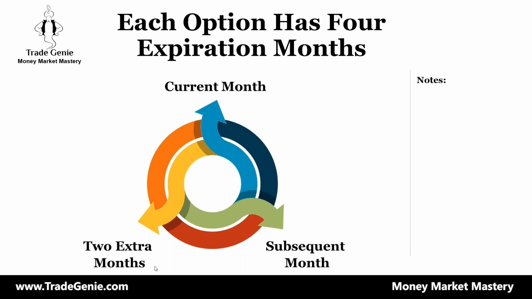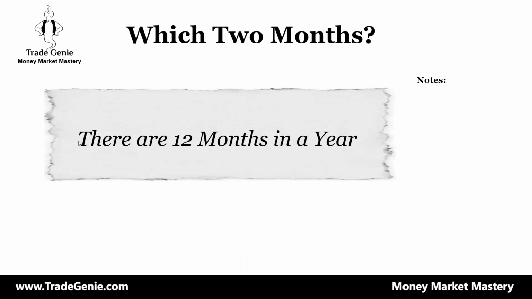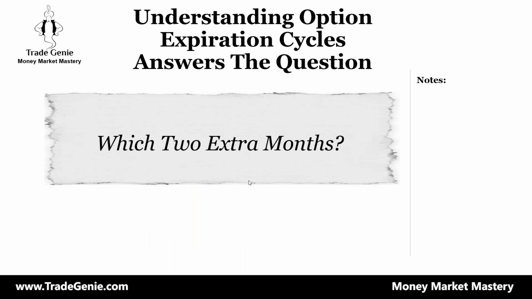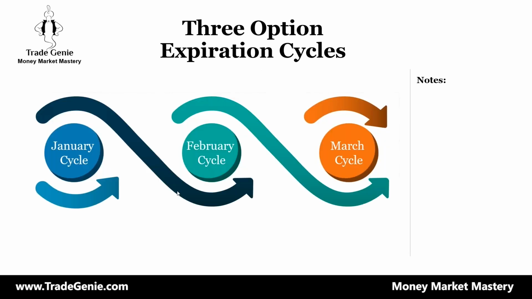Understanding the option cycle tells us which 2 months are available. There are 12 months in a year, so how do we figure out which 2 extra months are assigned to the option? The logic comes from here. They created cycles called the January cycle, February cycle, March cycle. So what they do,